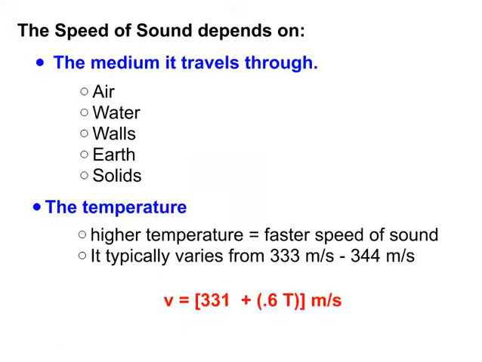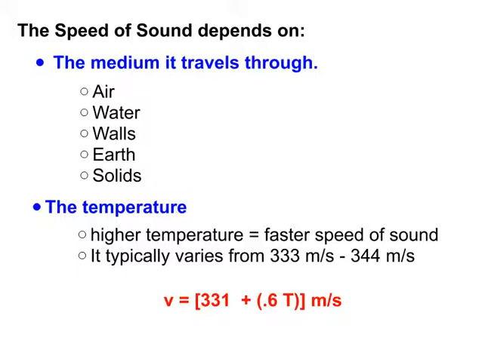Now, when we make a beat, it makes a sound. And when we hear sound, sound depends on two things. How quickly sound gets from one place to another will depend on the medium that it travels through. Remember, a medium is the thing that a wave travels on. So something like air, water, the wall, earth, basically any solids or liquids are going to be mediums. And then temperature also plays a part. The higher the temperature of the air, or of a substance, is, the faster that sound can travel through it. So the speed of sound on Earth typically varies from 333 meters per second to about 344 meters